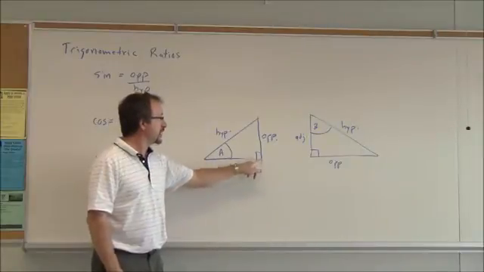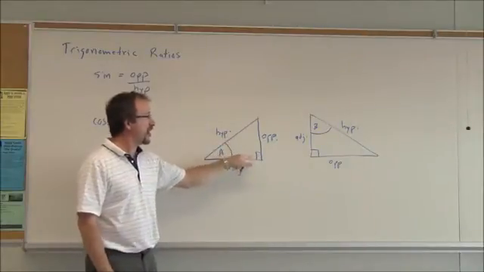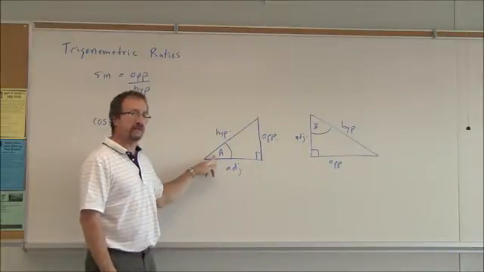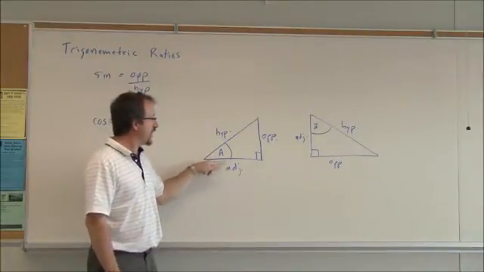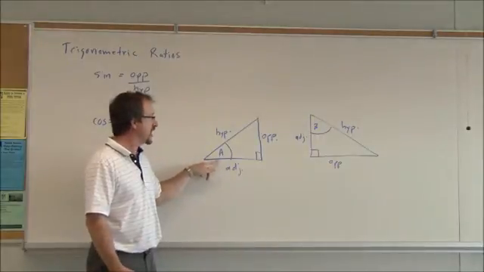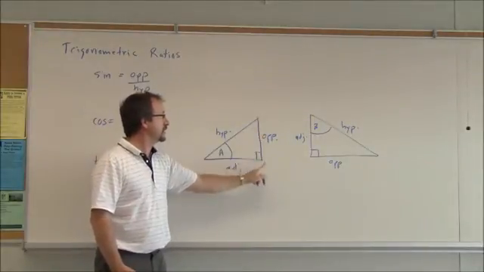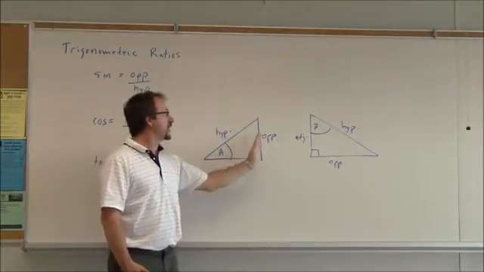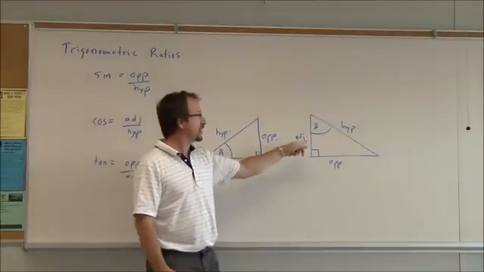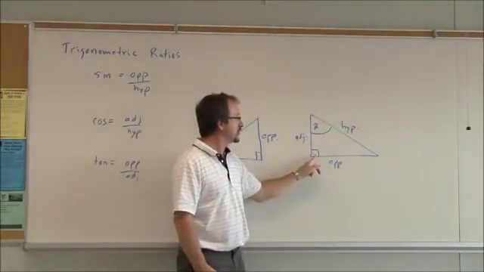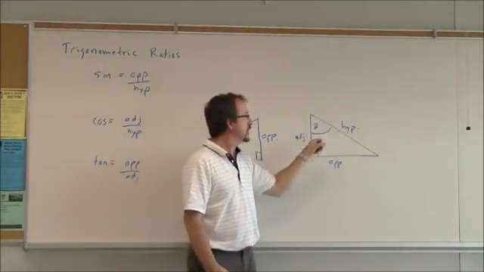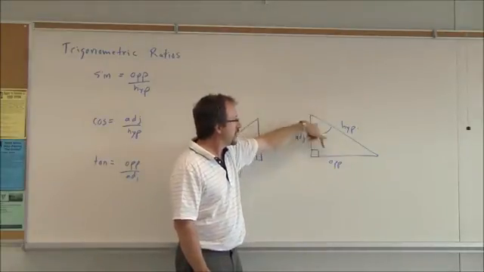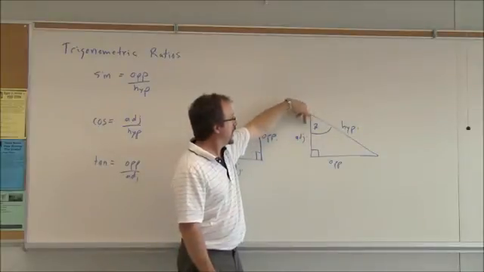So in the case of this triangle, here's my right angle, there's the hypotenuse because it's opposite of the right angle. From this angle's perspective, my adjacent side is the one right beside me that isn't the hypotenuse. That's the adjacent side. This side over here is the opposite side. So from this angle, this is my adjacent side. That side way far away is the opposite. Now if we look at this triangle, again it's a right angle triangle, so that's my hypotenuse. If I'm looking at it from this angle's perspective, looking outward, there's my opposite side,